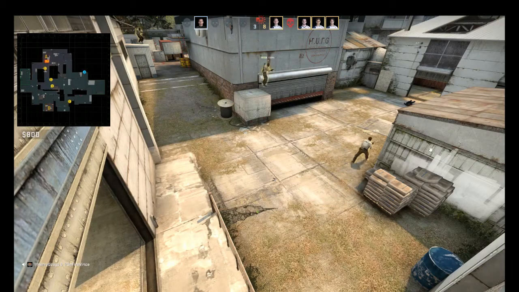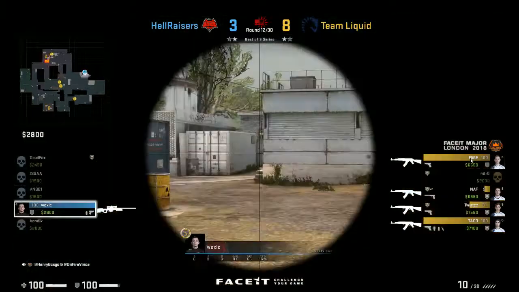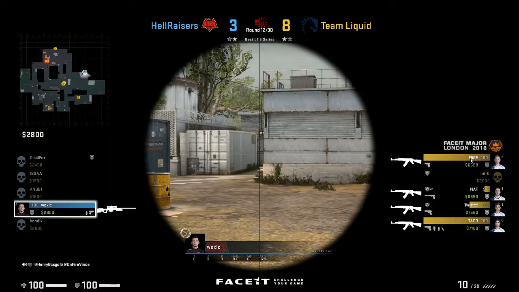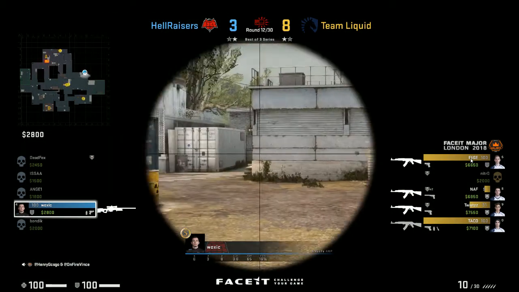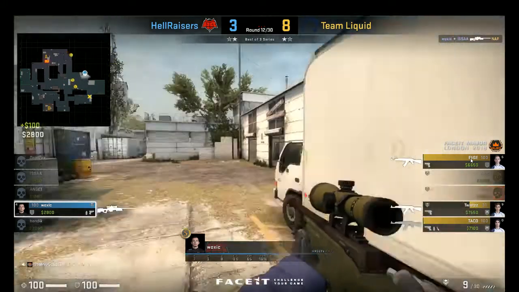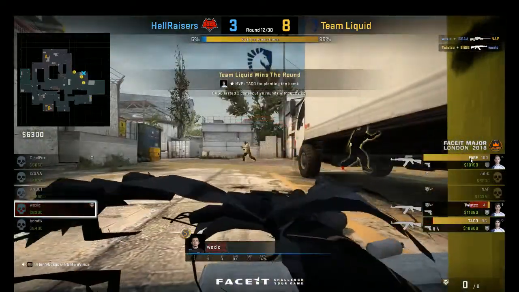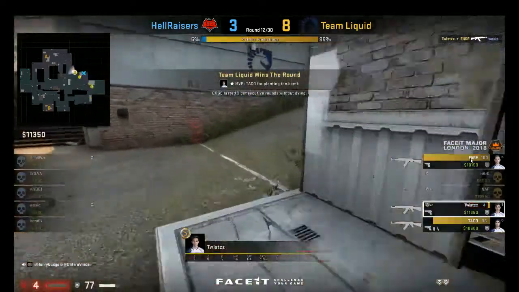But Liquid will take a 6-round lead in the all-important third map of this quarterfinals at the Major. It's looking like it may be a bridge too far for Hellraisers. Voxic is about to get tested. Flying colors is going to go away, pushing his angles right now, and he's going to get taken down by